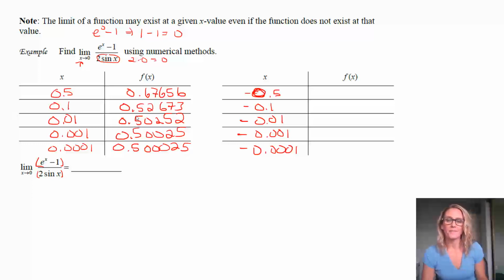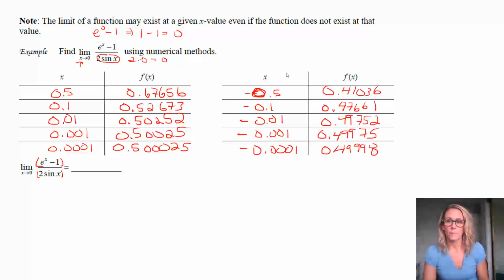And so here's coming in from the right-hand side towards 0, the positive side. We're seeing these values. So as you can see, it does look like we're getting pretty close to 0.5 in the y direction. Let's see if that's the same in the other direction. Here we go.